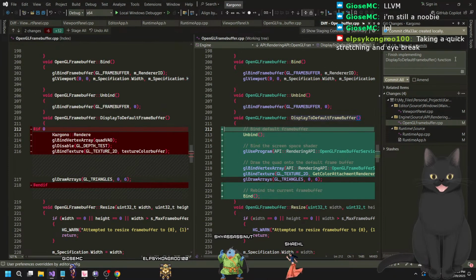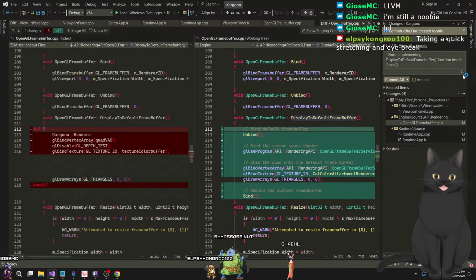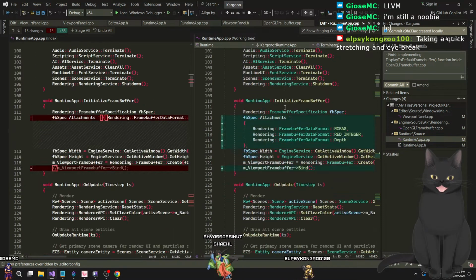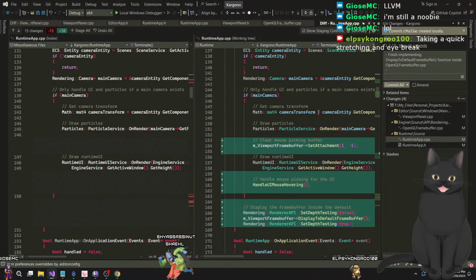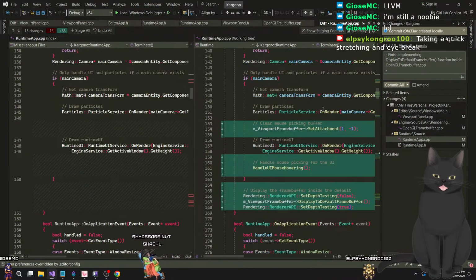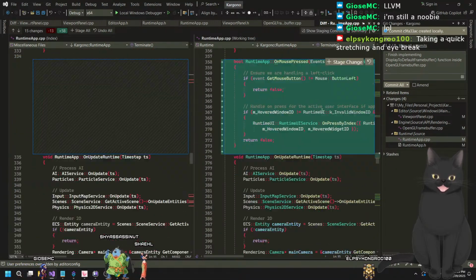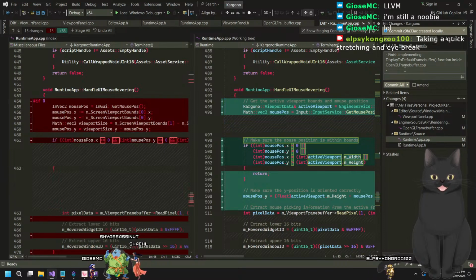Alright, finish implementing display to frame buffer function. Inside OpenGL frame buffer CP. And what else did we do? Some refactoring. Added. Okay, that was just handling that function. I can kind of summarize this as